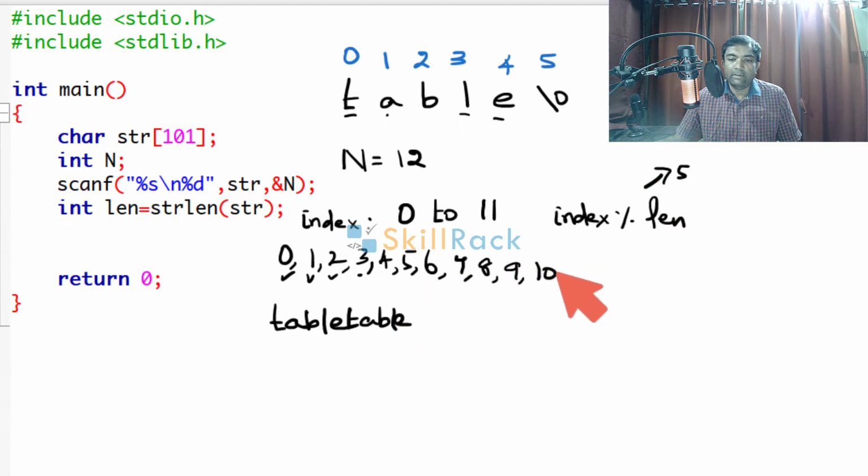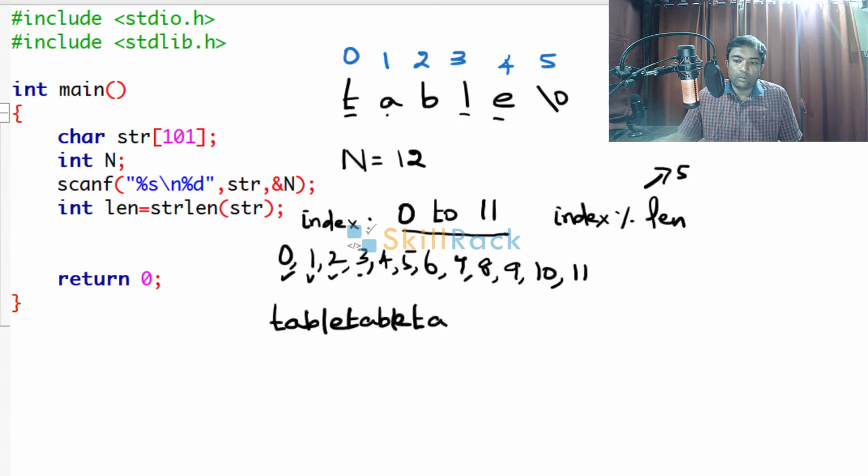When the index value becomes 10, 10 modulo 5, the remainder is 0, so T is printed. When the index value is 11, 11 modulo 5, remainder is 1, so A is printed. That's it, because we are iterating only from 0 to 11. Now if you see, table TA would have been printed.